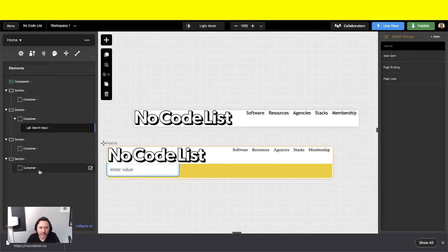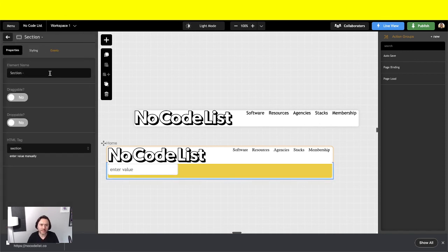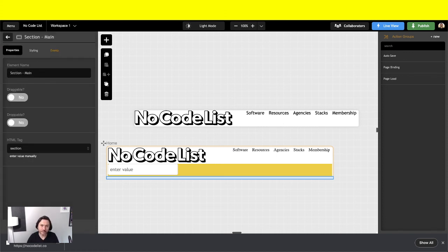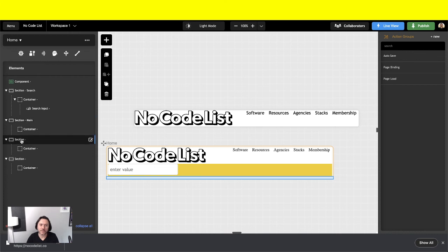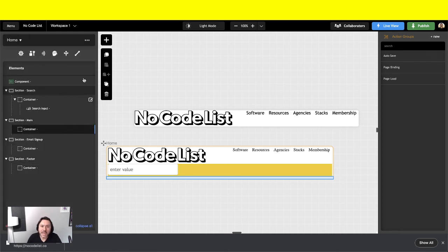So for this next section, let's name these two just for good practice. It's the search. Oh, did I paste that in the wrong one? Let's pop this up here. That's the search. This one will be main. All right, cool. So the main